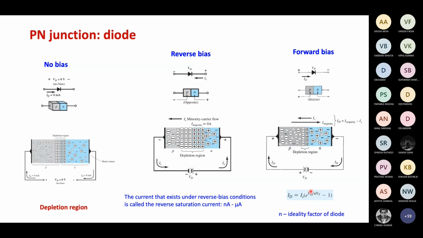VD cannot be increased beyond that value, because even a small change in VD will result in a huge change in current, and it means that the battery may not be able to supply that much current. So it cannot be increased further. Although on the negative side, the VD can go to large negative values, -4, -5, or even -20, -30.